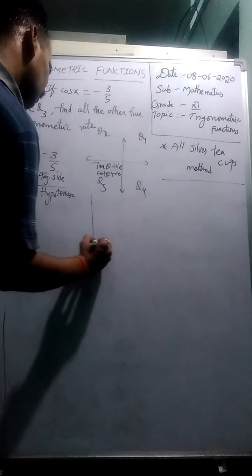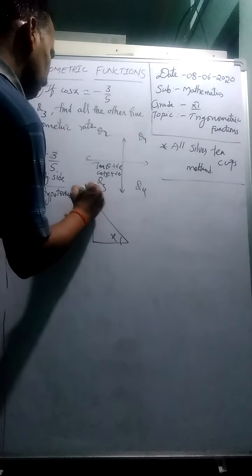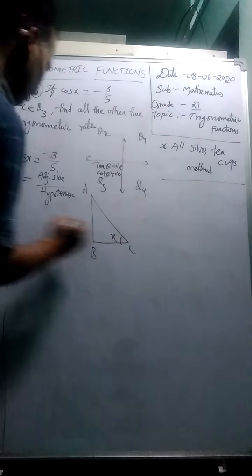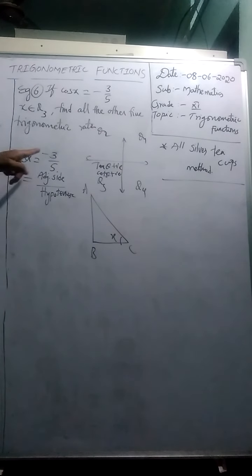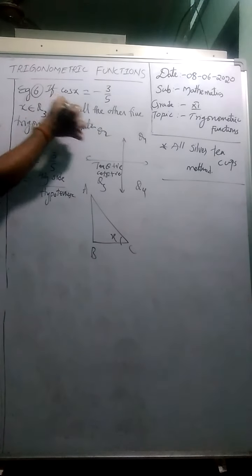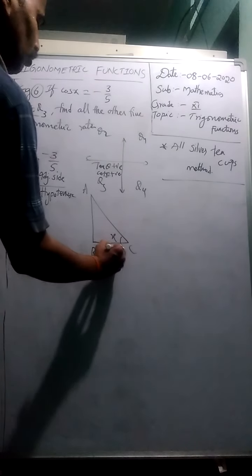So let us take one right triangle. You can take A, B, C or P, Q, R, that is up to you. Now, the negative sign is never the length of a side, students, because length is never negative. That negative sign is a representation that it belongs to the third quadrant only. In the third quadrant, cos is negative. That is why negative is given. So according to the problem,